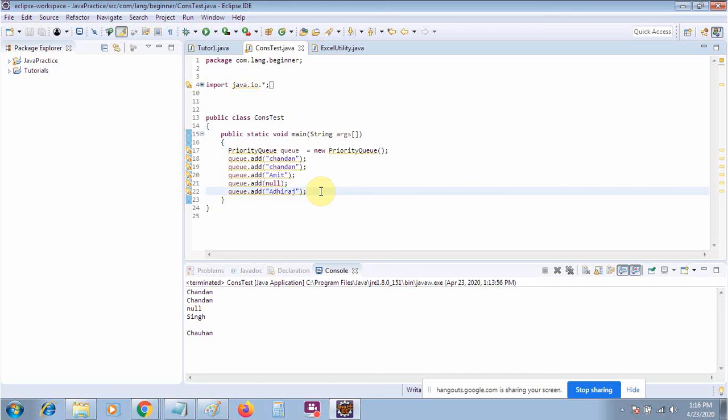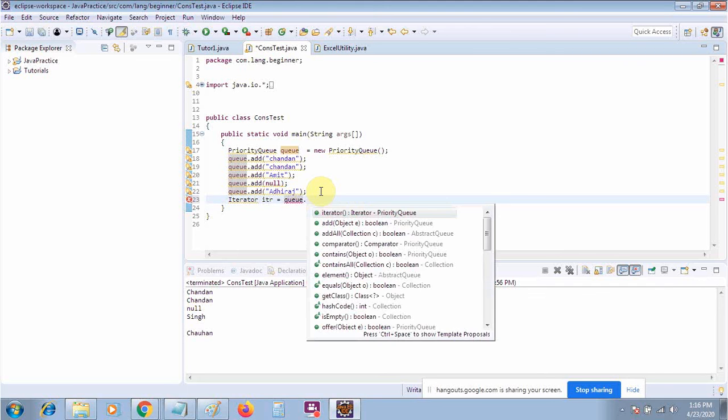So let me iterate over all of these. Again I will use the iterator: Iterator itr is equal to the q dot iterator method.